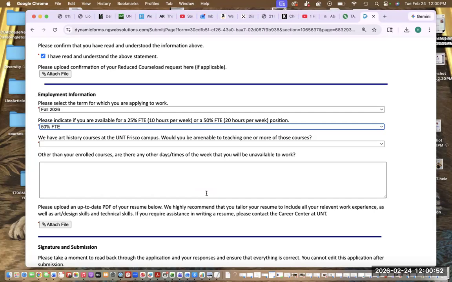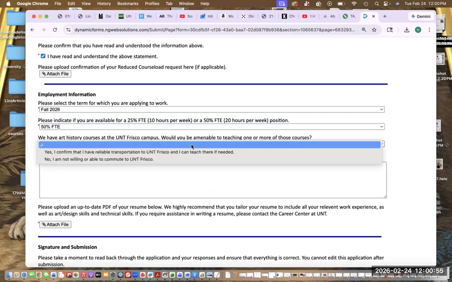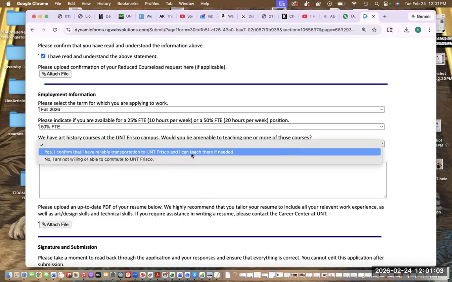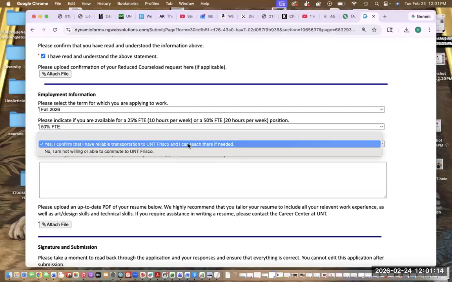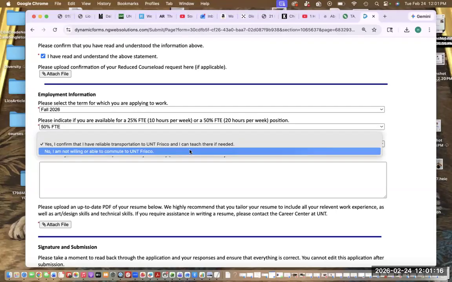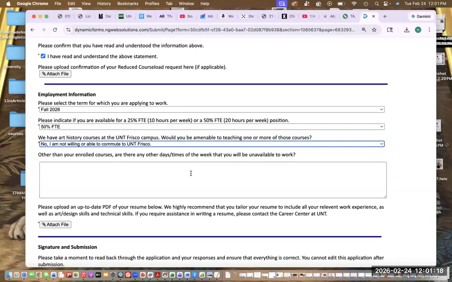So the reason why we ask folks if they'd be interested in teaching at Frisco, if they have the qualifications, meaning if they're working on a PhD, is because it takes a bit to get out there to teach there. So I am a PhD student in art ed, and I do have a car, and I can, let's say I live out in Frisco, it's not that difficult for me to teach in Frisco, then I would go ahead and choose that. But most of us aren't really in that situation, so I'm going to go ahead and say no, and I can't commute to Frisco.